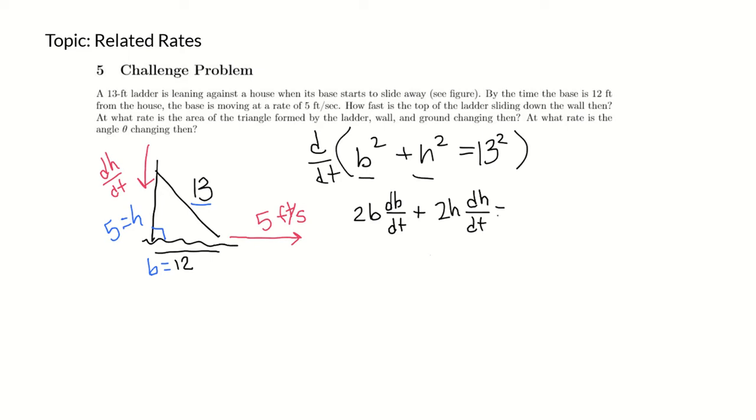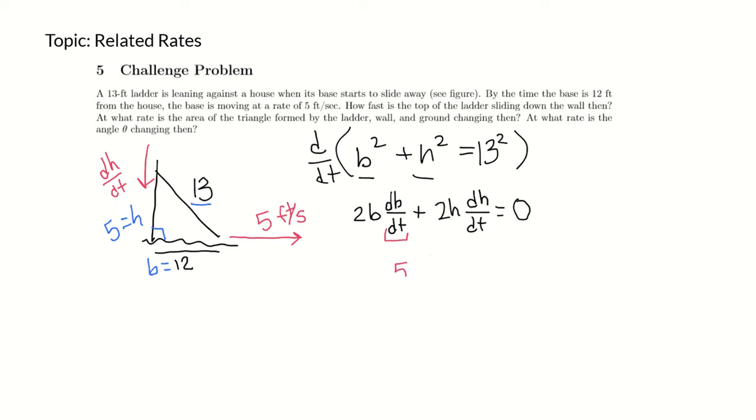And then the derivative of 13 squared, well, that's a constant, so that's just 0. So here's our formula, and now we're going to plug into it, where dH dt is the only thing that we don't know here. We know dB dt is 5